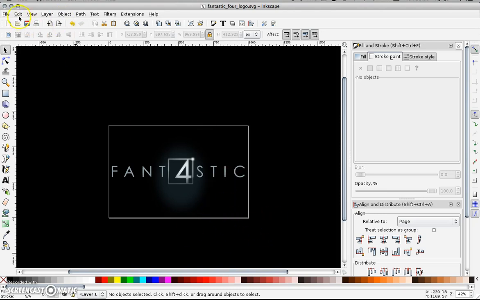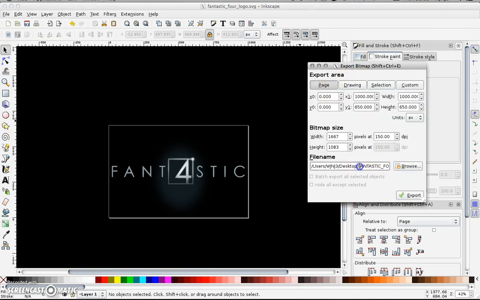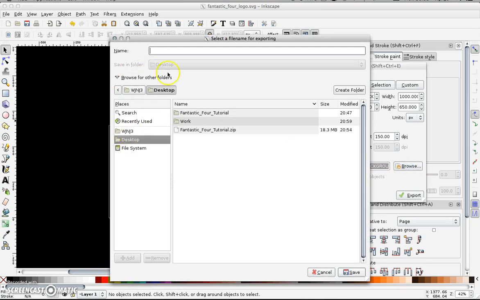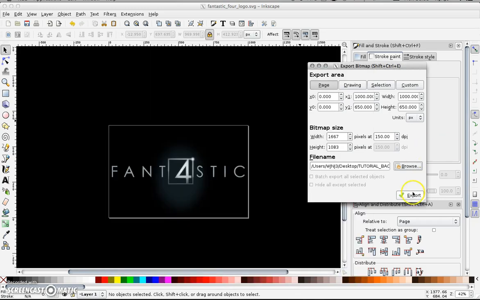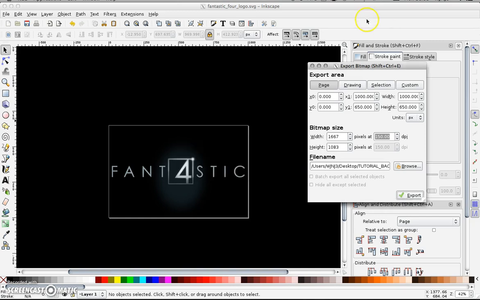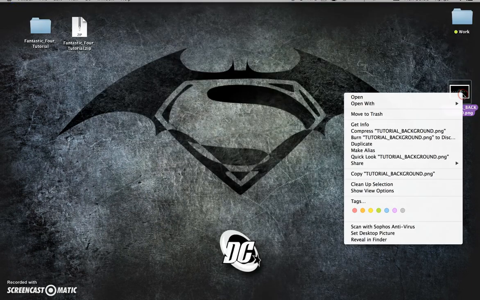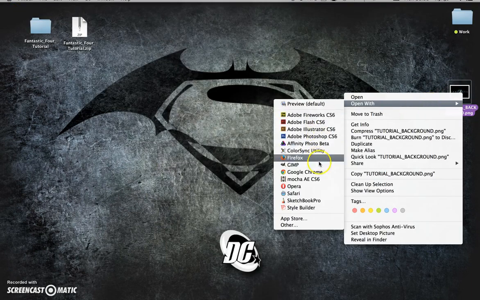What I'm now going to do is export that, ready for an edit in GIMP. So I'm just going to go Export Bitmap, and I'm just going to call that tutorial background, hit save, and export it at 150 dots per inch so it's nice and crisp. Okay, minimize that. Now on my desktop I can find what I've exported, open that with GIMP,